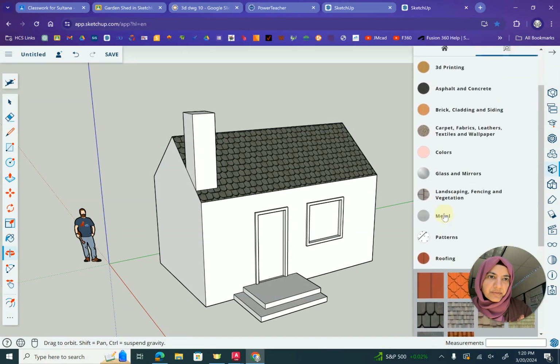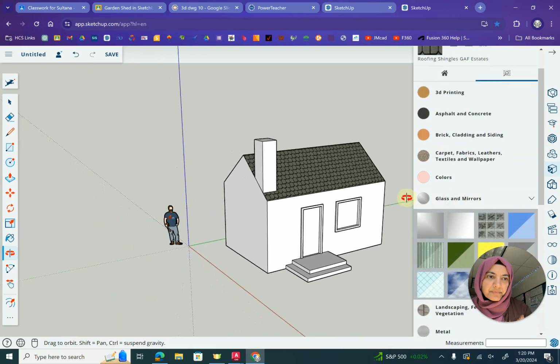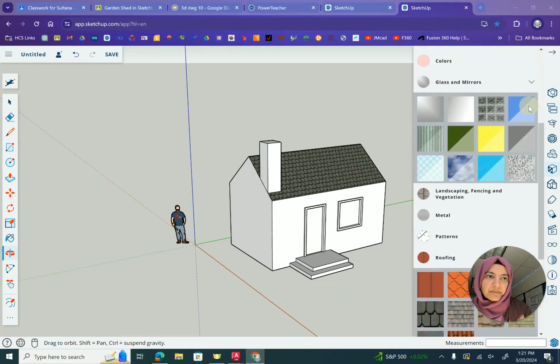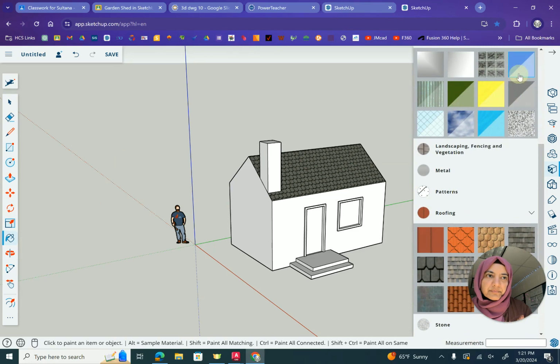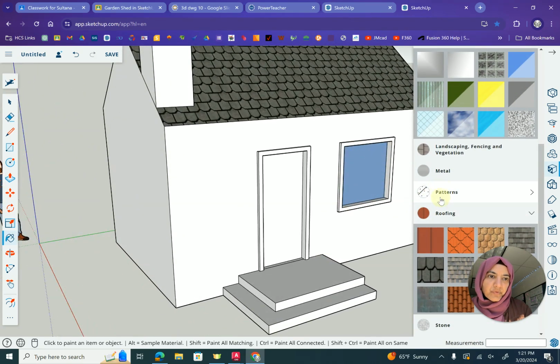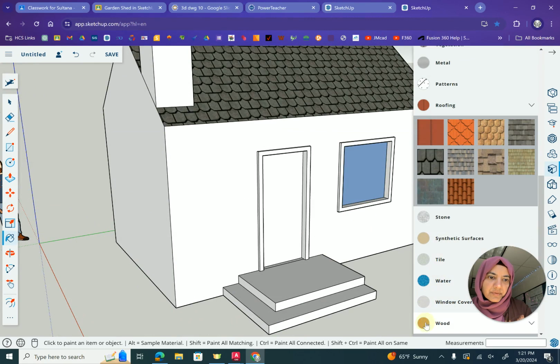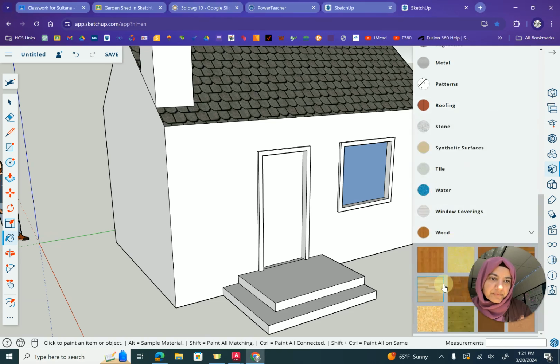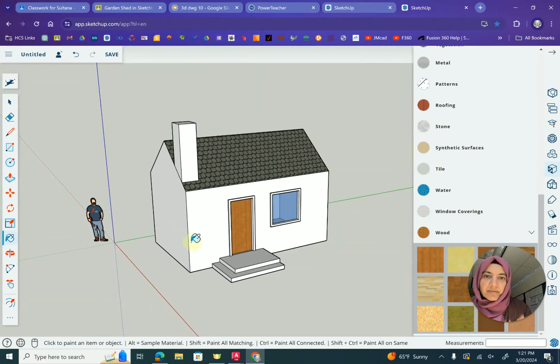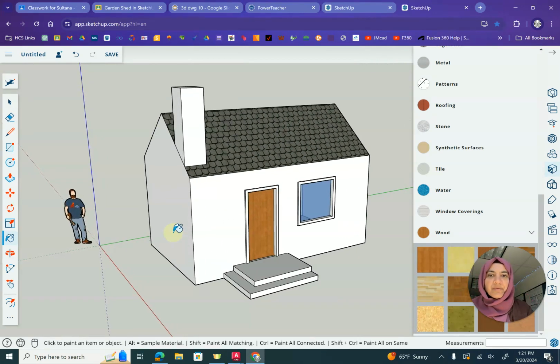Then look for glass. You can look for wood, and you can choose wood for the frames, and that would be all for